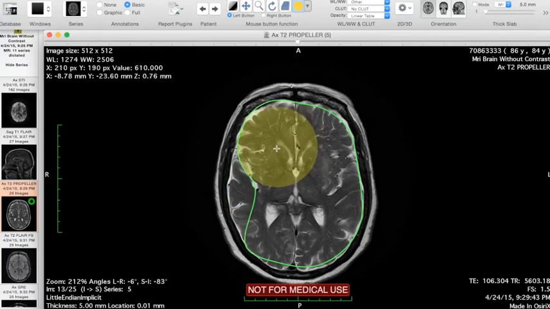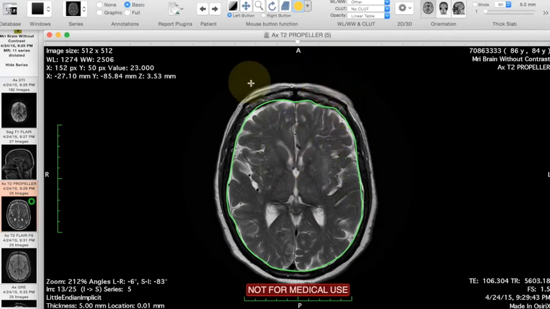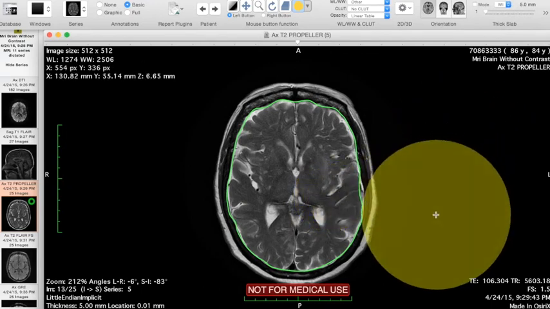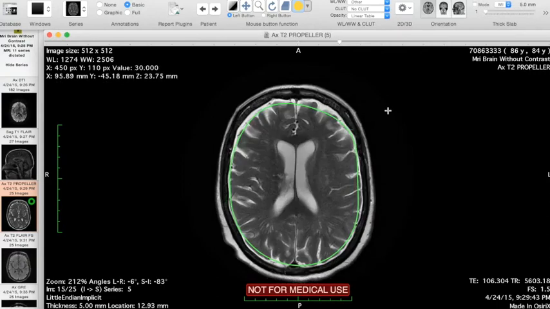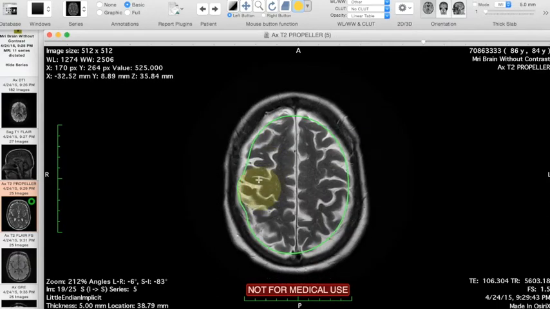So I'll just do a couple more as an example. You can take the repulsor, get the desired outline, and then finish it up here. Again, these are just examples of how it should be done, but this needs to be done for every single